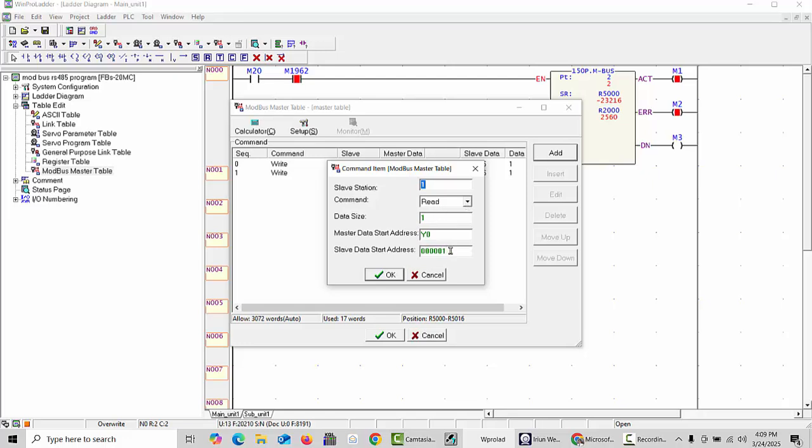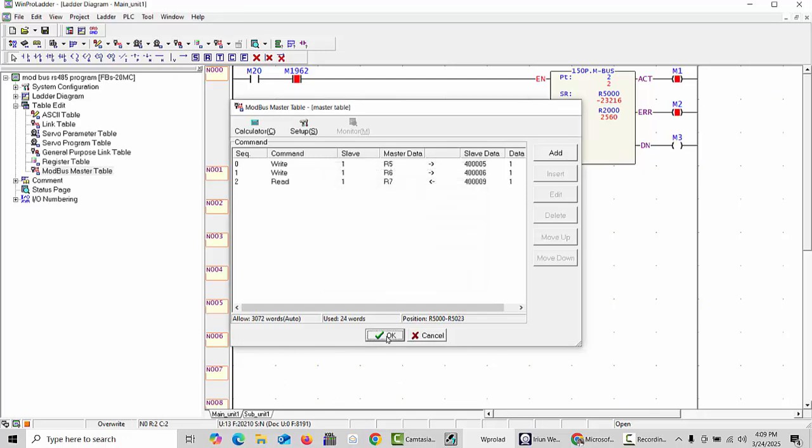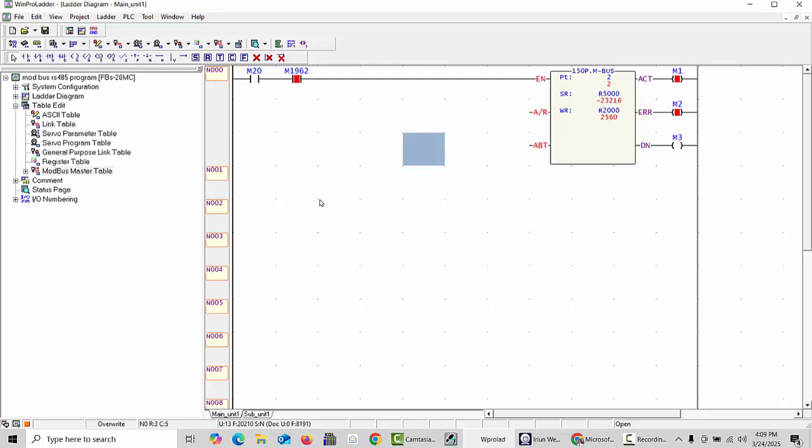This is for read we will take. This is R7 we can choose, and here 4009 we have to write, and click OK, and this also click OK. Okay,